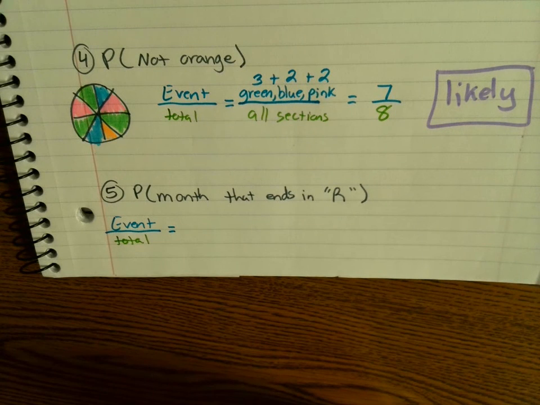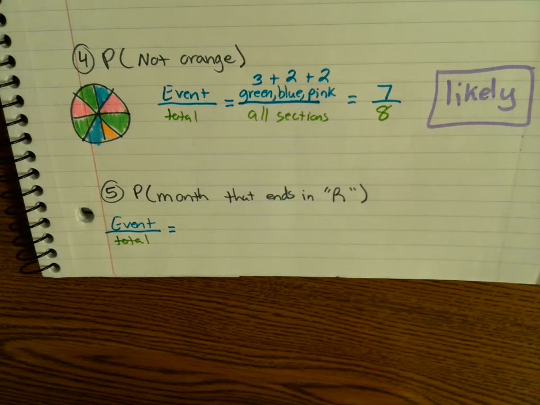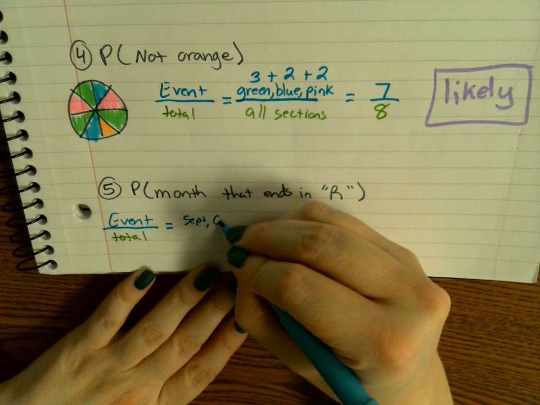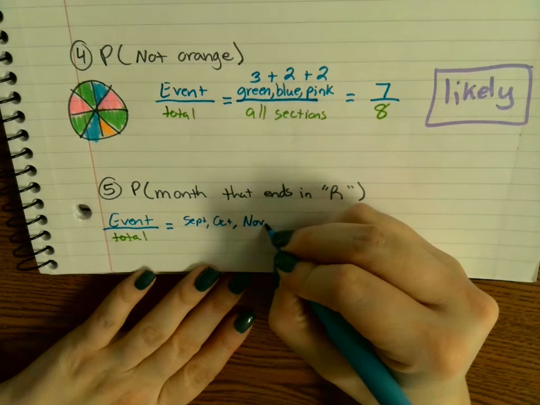Tell me what they got. How likely are we to choose a month out of the year that ends in the letter R? Tony? Not impossible. Amir? Unlikely. How many months end in the letter R? 4, right? We've got September, October, November, and December. That's 4 months